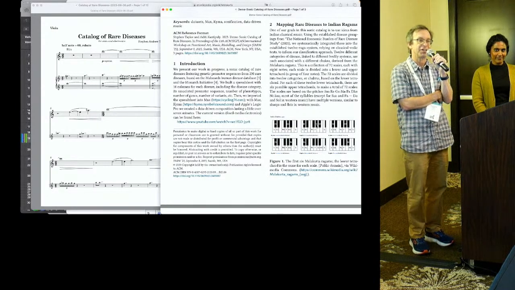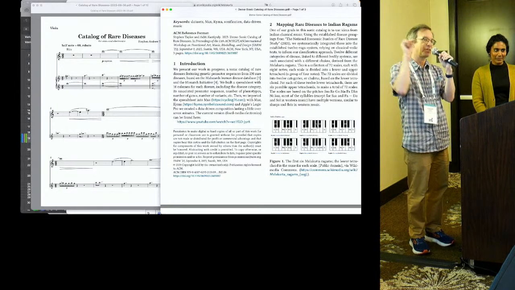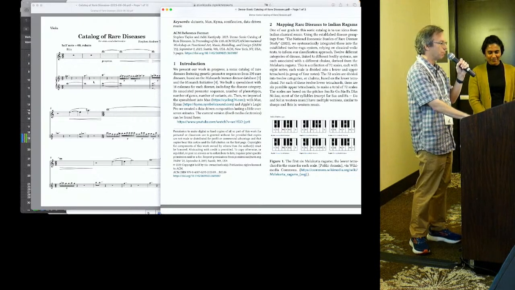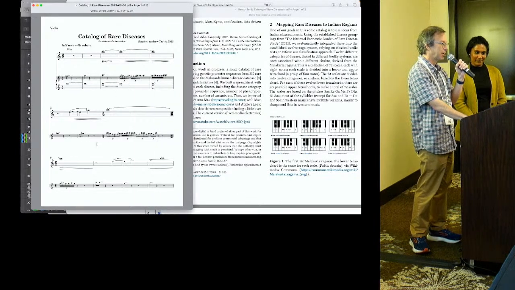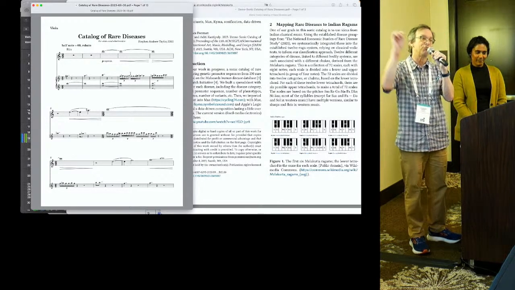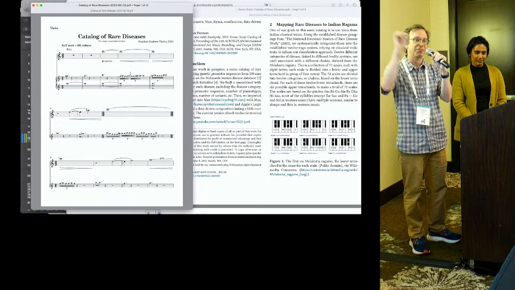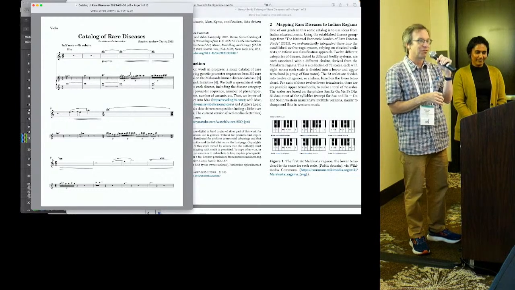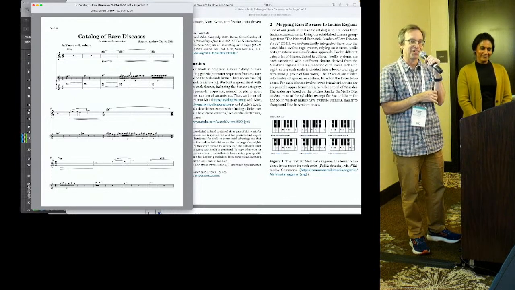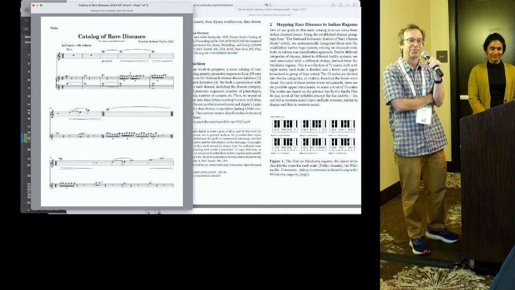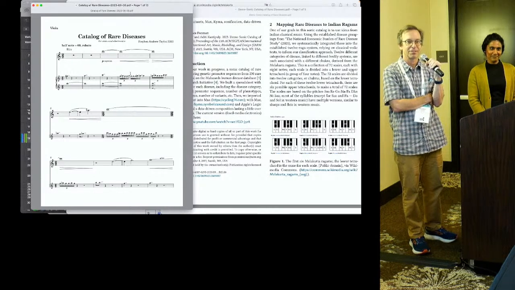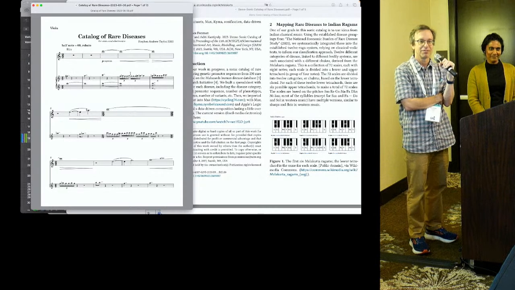The only live thing was me basically scrolling through the diseases. This actually made it really difficult because when I wrote the viola part, I realized I had to transcribe the electronics, which are here. But since I did not do it in time, I was just hitting it when I thought it was a good time to go to the next one. There's no click track. There's nothing. It's hell to try to play with the tape. And so that sucked.